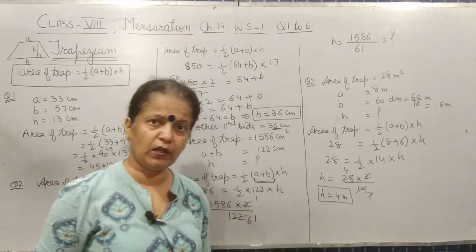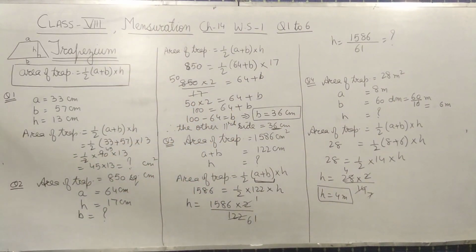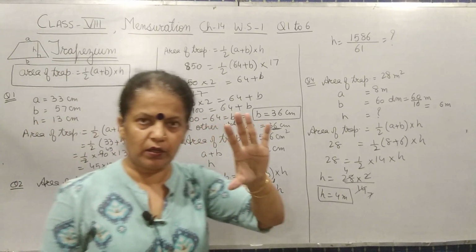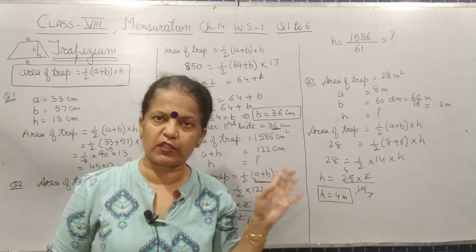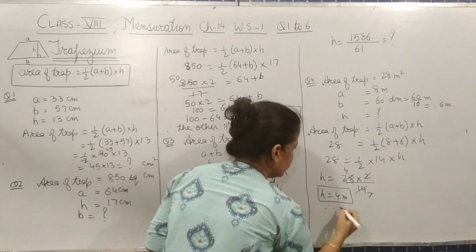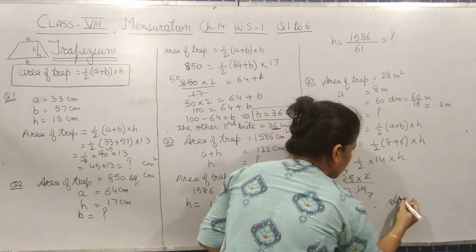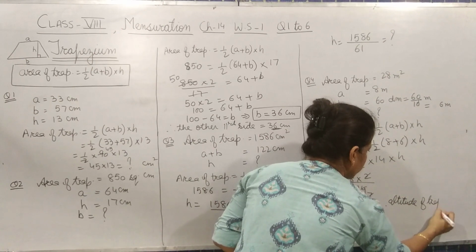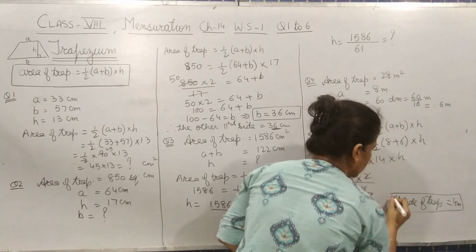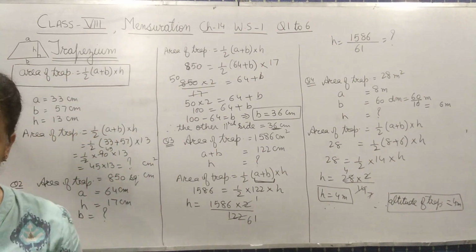And then at the end, how will you complete it? Therefore, what has been asked in the question? In the question they have asked to find the altitude. Altitude means perpendicular. Altitude or the perpendicular distance is the same thing. Altitude means 90 degree. Okay. Therefore, here you will write: therefore, altitude of trapezium equals 4 meter. Is it clear?